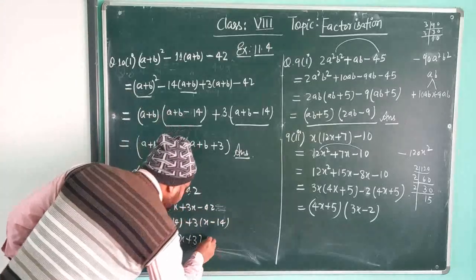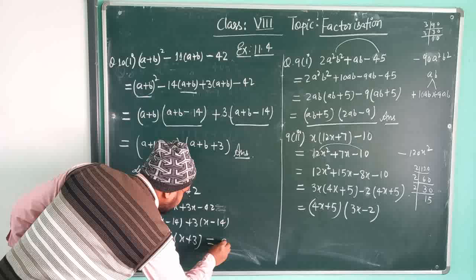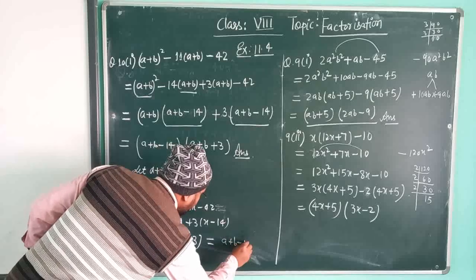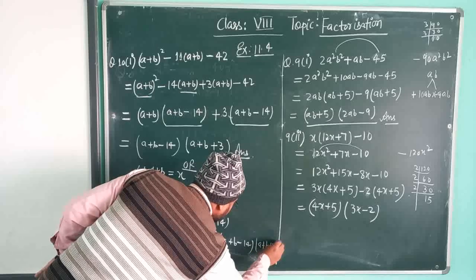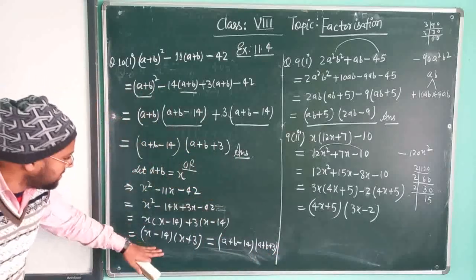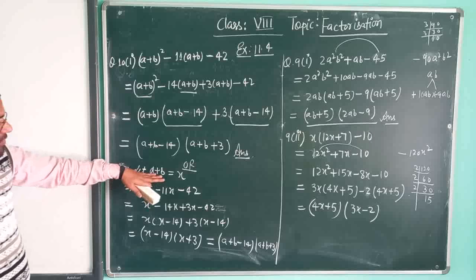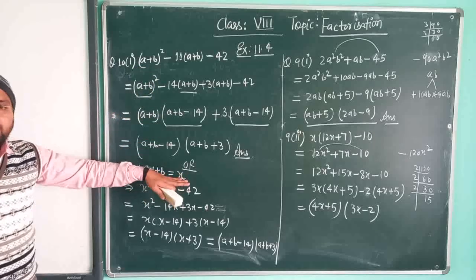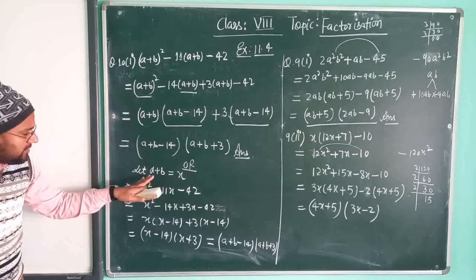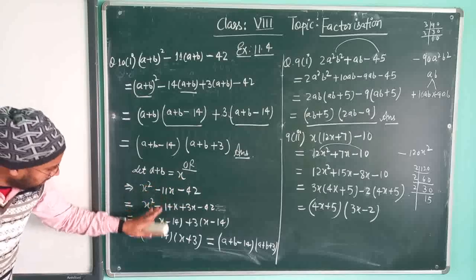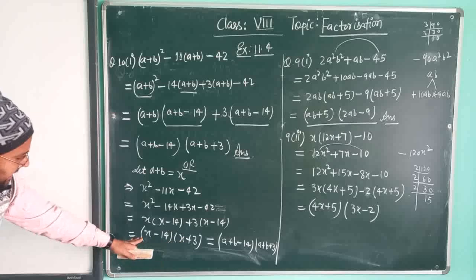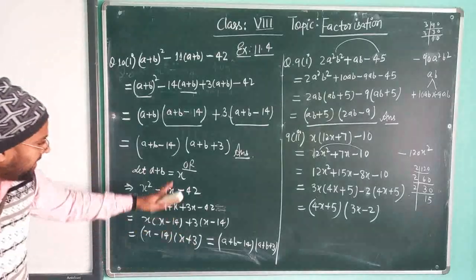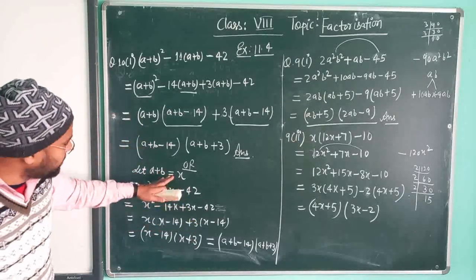And in place of x, I am going to put this a plus b. So what do we get? In place of x, I am going to write a plus b: a plus b minus 14 in one bracket, and in another bracket a plus b plus 3. We are getting the same one or not? So if you want, you can suppose this a plus b as any unknown value x, y, z, anyone. A plus b is equal to x. Then you can factorize it by splitting the middle term. You will get x minus 14, x plus 3 in this one. And in the last, you can put the value of x.